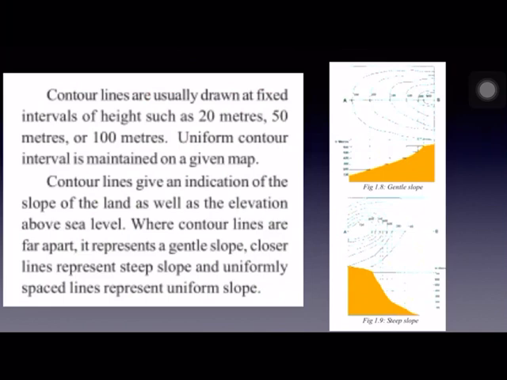I'll give you some more examples for these isolines. For example, isotherms. Isotherms, these are the lines which connect places having equal temperature. If on a map, 5 or 6 places are joined together by using a line, that means all these places are receiving equal temperature. Places receiving equal temperature are joined together by a line, and this line is called isotherms.